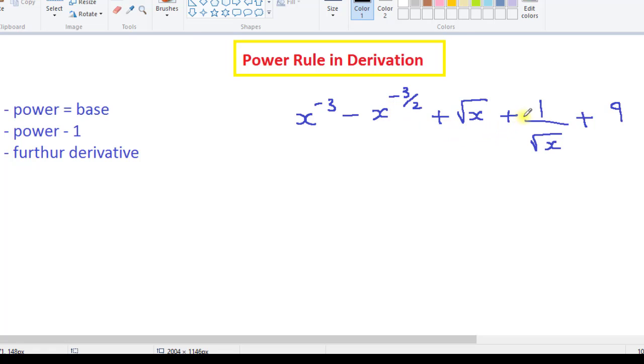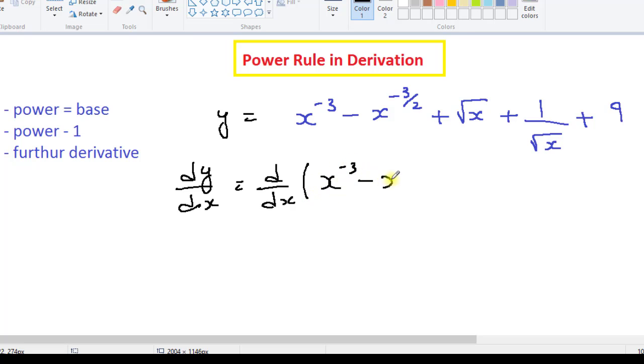Plus under root x plus 1 by under root x plus 9. So let's suppose y is equal to this, and then we will take the derivative on both sides. dy by dx is equal to d by dx of x power minus 3, minus x power minus 3 by 2, and then we will write, and I can also write under root x is equal